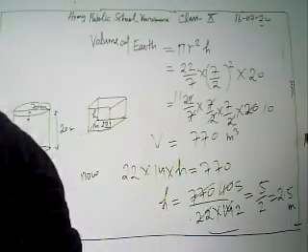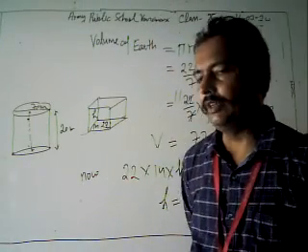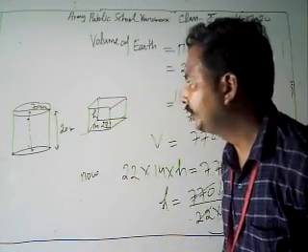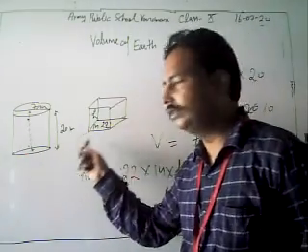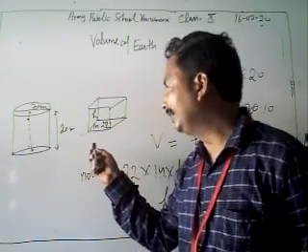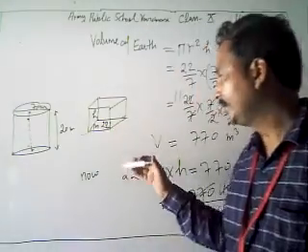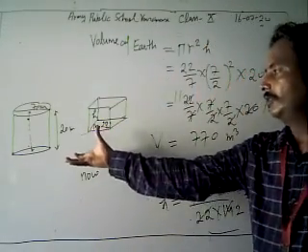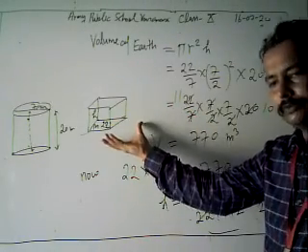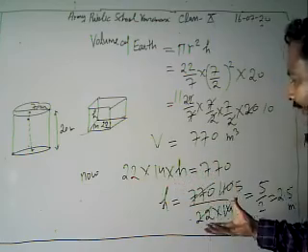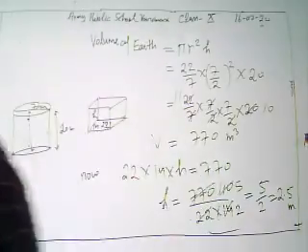I'm just going to revise again what we have done there. We have given a cylindrical shape there. In cylindrical form, the earth is dug out from this portion. With it, we make a cubical platform there, having length 22 meter and breadth 40 meter, with height H meter. First of all, we find the volume of earth and then equalize it with the volume of this cubical portion. After equalizing, we get the height of the platform as 2.5 meter.